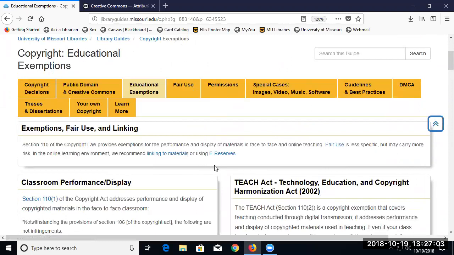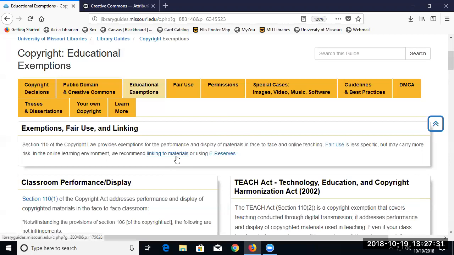Or you could use e-reserves as well, in which case we take care of some of the copyright issues with that. Sometimes if you're reusing something semester after semester, we really should pay royalties on that sort of reuse. So we take care of that as part of that process. Linking to things does a couple things. You're not copying something. So you're not taking something from the creator and reproducing it and releasing it freely into the wild. You're just pointing to it where they still have control over it. So that's a better thing.